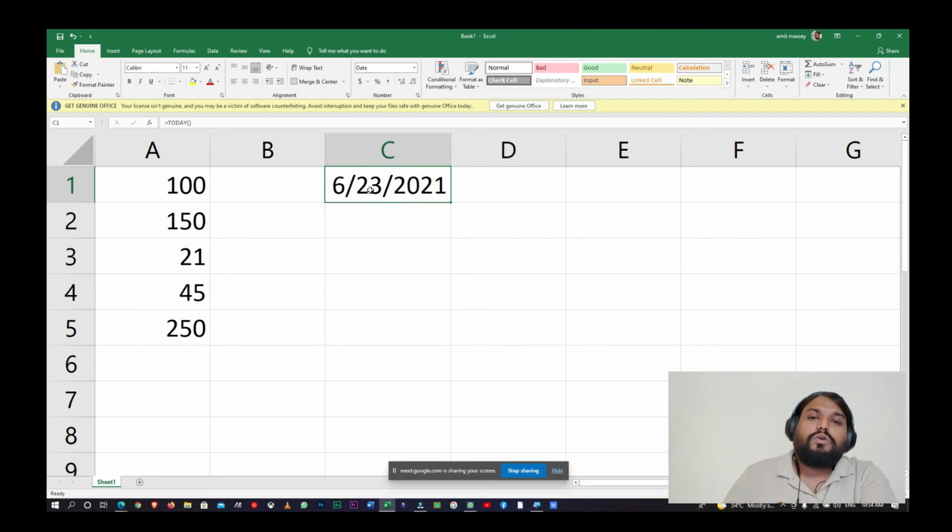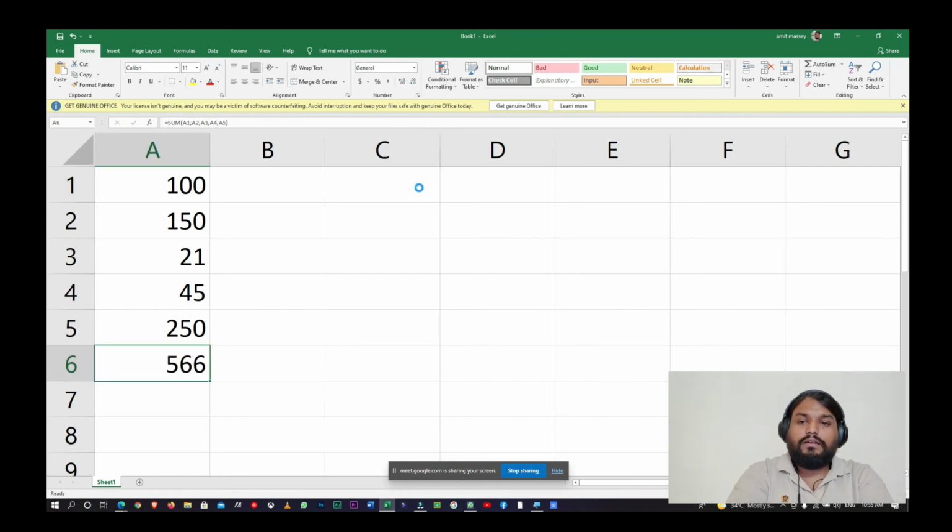So today is 23rd of June 2021. It will show you like this. So this was functions, and this is how you can use such functions.